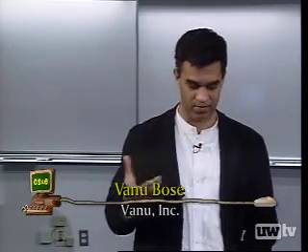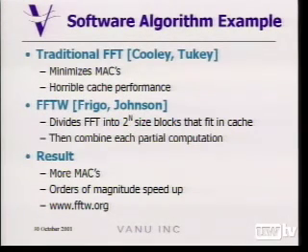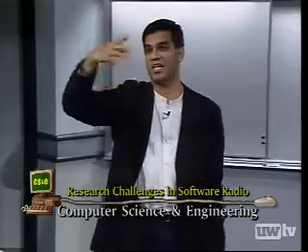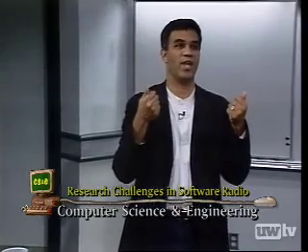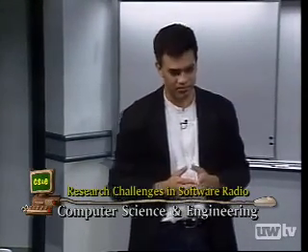So I want to give you one slightly more detailed example about an algorithm. I won't give you the details here, but I'll point you at a place where you can get them. So let's look at the FFT. The traditional algorithm is the Cooley-Tukey algorithm. It minimizes the number of multiply adds, and as I mentioned, has horrible cache performance. What happens with an FFT is you can subdivide an FFT into smaller FFTs of size 2 to the n. And in fact, you can keep doing this until you get size 2 to the 0 and you get one element. And then combining them back up turns out to be fairly trivial.